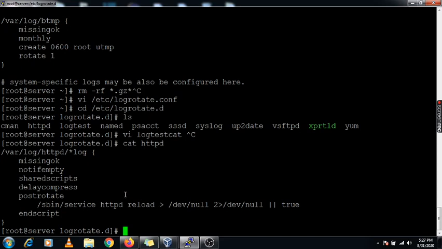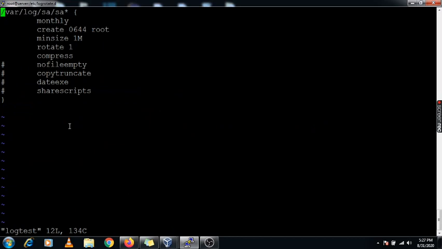Okay. So we have just created another file that is logtest. Here we are doing this rotation for /var/log/sa. Mostly under this /var/log/sa there are multiple log files which are created, that is sar and sa files, and these files are consuming more space under the /var file system. So to avoid this work on a daily basis, we are just configuring it here, that is monthly. Here it will rotate monthly.